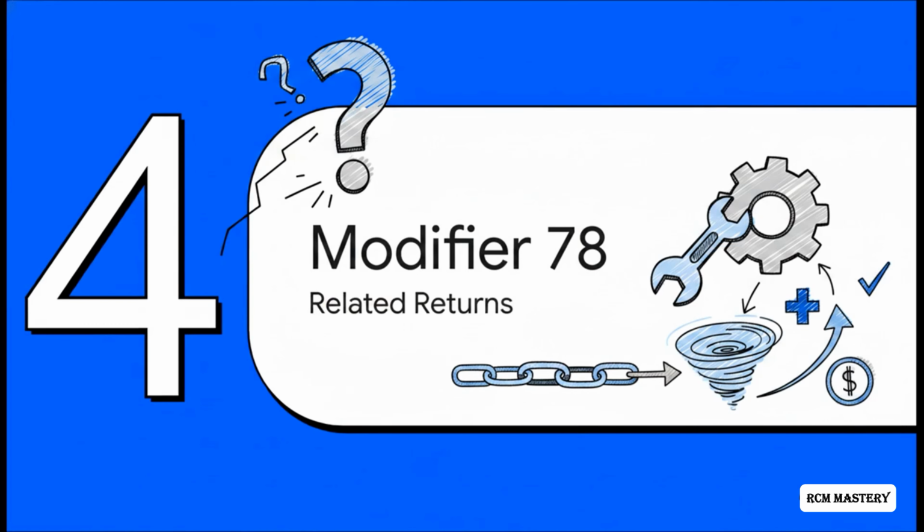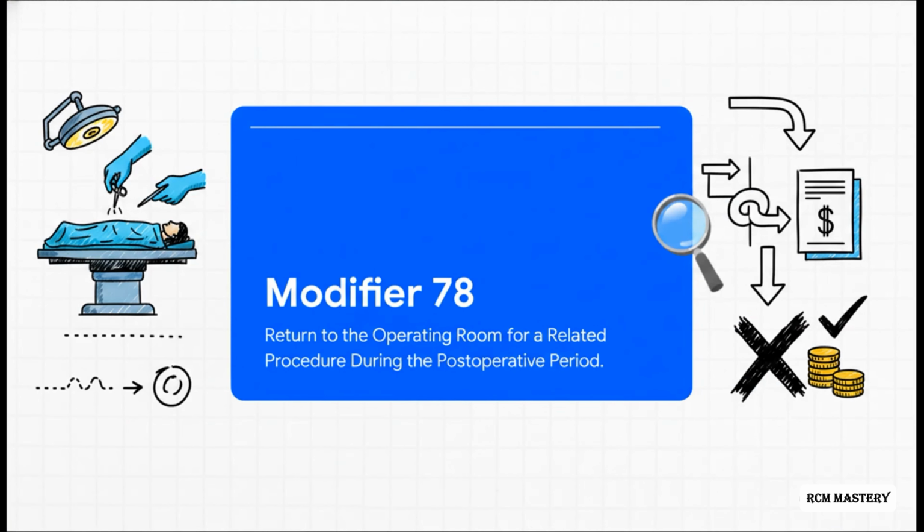Which brings us to Section 4, Modifier 78. This is all about related returns and how we actually handle those complications. So, if 58 is out for complications, what's our tool? It's Modifier 78. Defined as a return to the operating room for a related procedure during the postoperative period. If your patient has a complication directly from the first surgery, like an infection or maybe internal bleeding, and the surgeon has to rush them back to the OR to fix it, modifier 78 is exactly the code you need